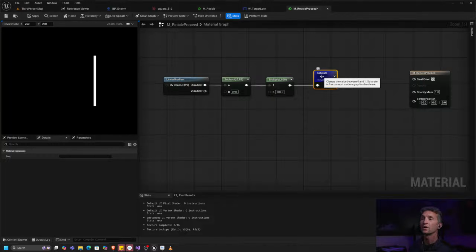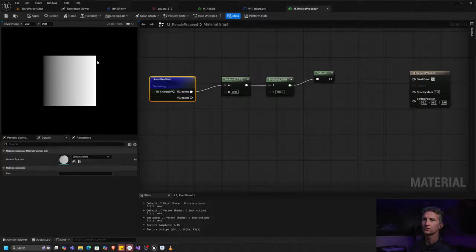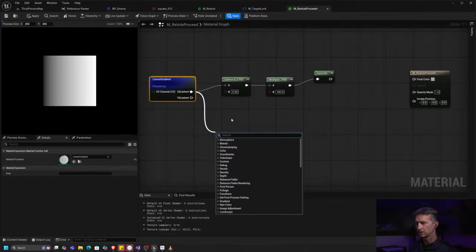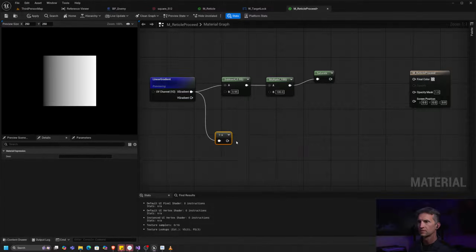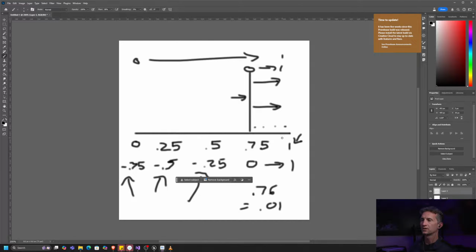All right, now we want to do the same thing to get the left side. How are we going to do that? There's a couple things we can do. One thing we can do, if we start previewing this, we have our gradient. Well, what if we just flipped our gradient? So if we take our gradient and we go 1 minus, what this does is it says for each point along here,